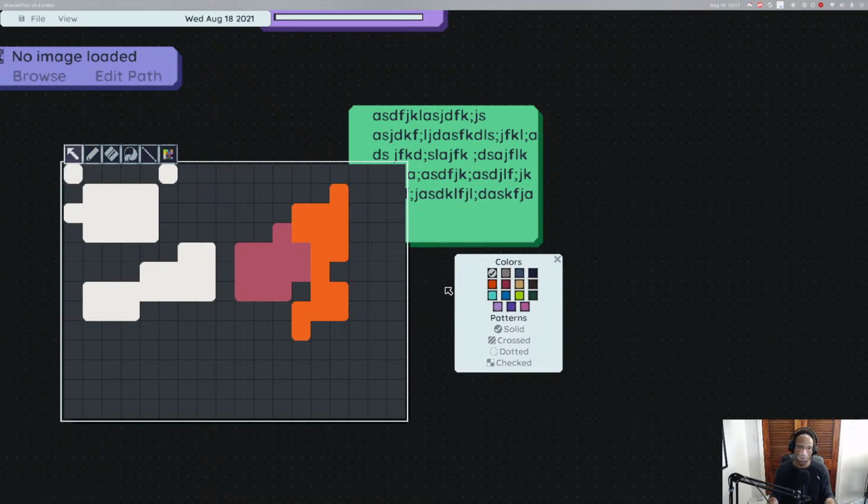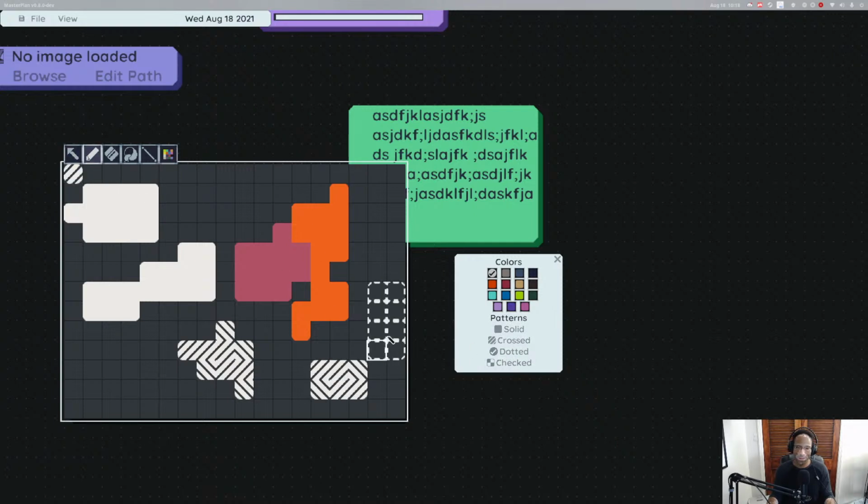That's weird. Hold on. All right. That's a bug I need to fix. But a variety of different patterns and colors, so you can... Yeah, I gotta fix this. That's what I was working on the last stream. Okay. But yeah, you have a variety of different colors and patterns and things which are useful when you want